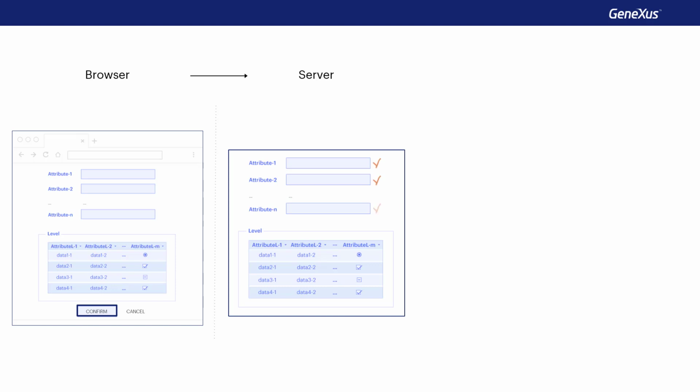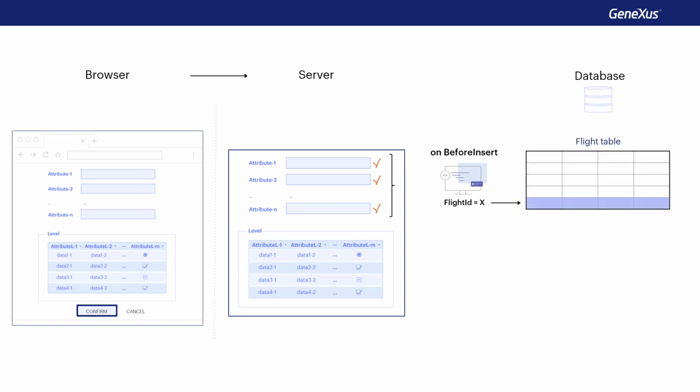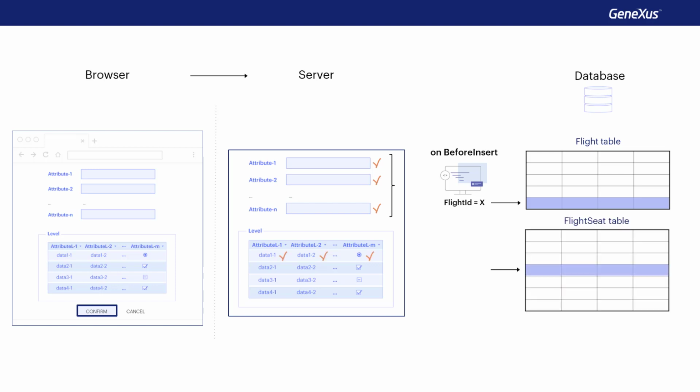Only after we confirm, all this information goes to the server, and it starts executing all the referential integrity controls and rules as it validates each field. When it finishes with those of the header, after having validated everything, the before insert event occurs. This is where it assigns the number, and immediately afterwards, the record is inserted in the flight table.